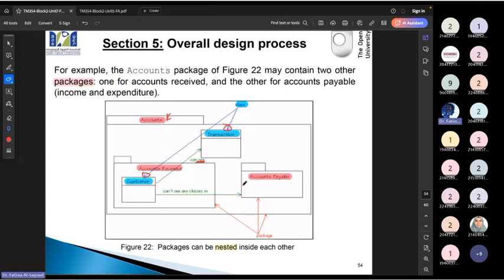طيب. Now I have another case where they can't see any classes here. So if I have a class inside the account payable, this class, the customer, cannot see it. Why? Anyone can think about it? This is related to something I explained before. And this is an important concept for packaging.